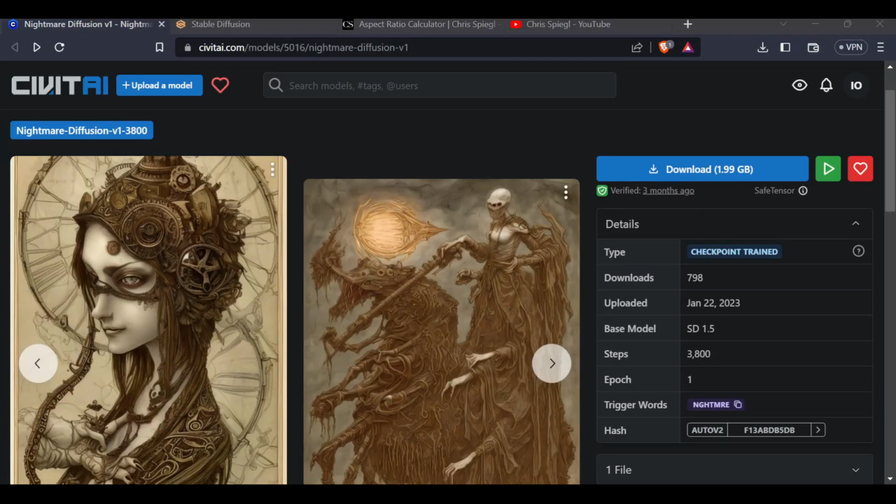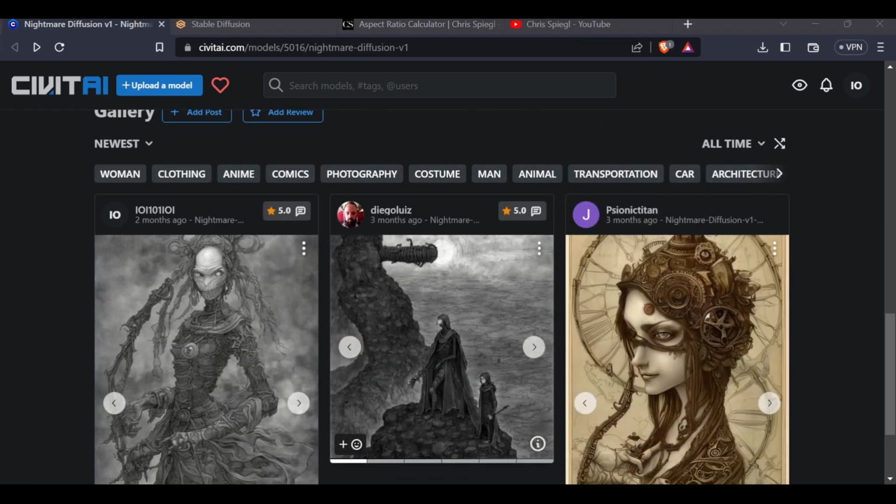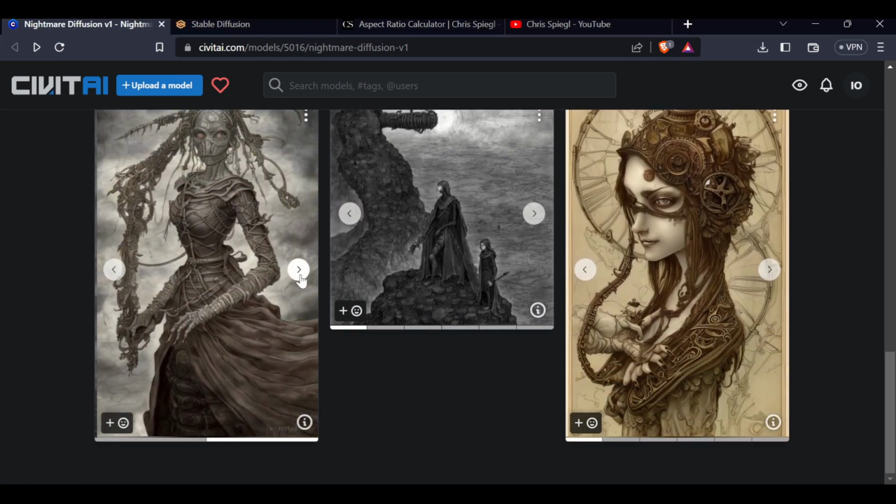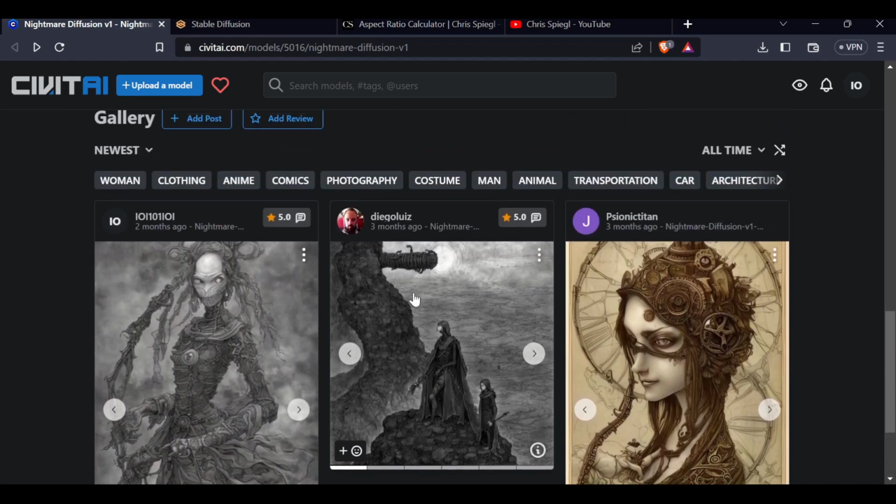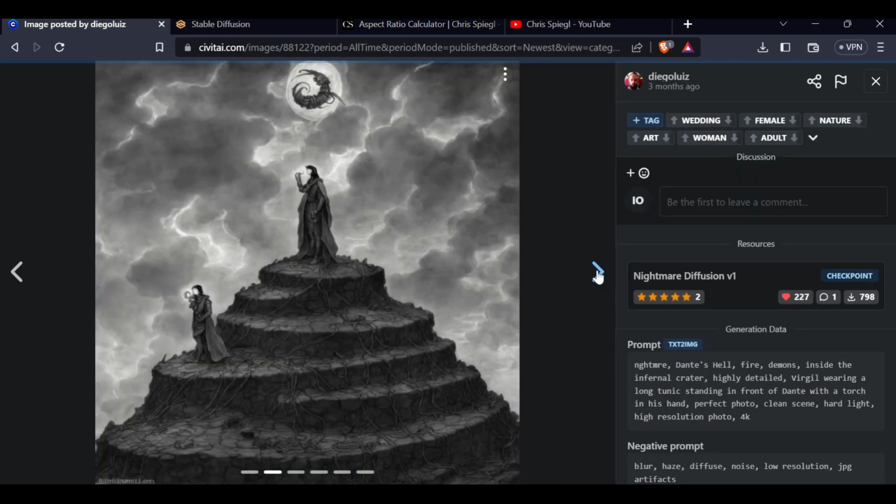Okay, so today I wanted to show off Nightmare Diffusion here. I think it's a very good model. I do like a lot of the things that it brings up. If you take a look, let's take a look at this. See,